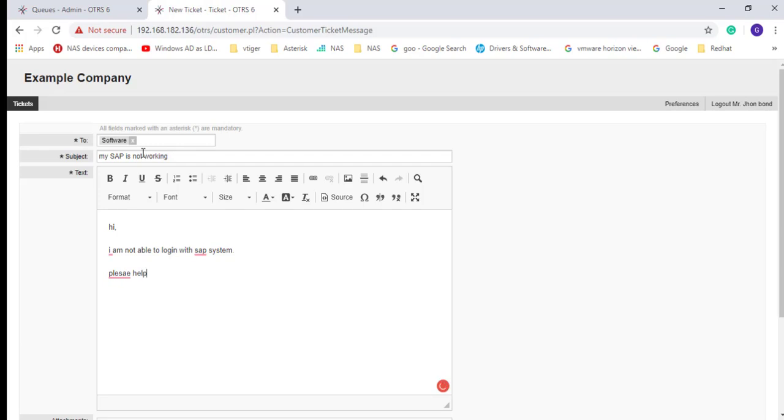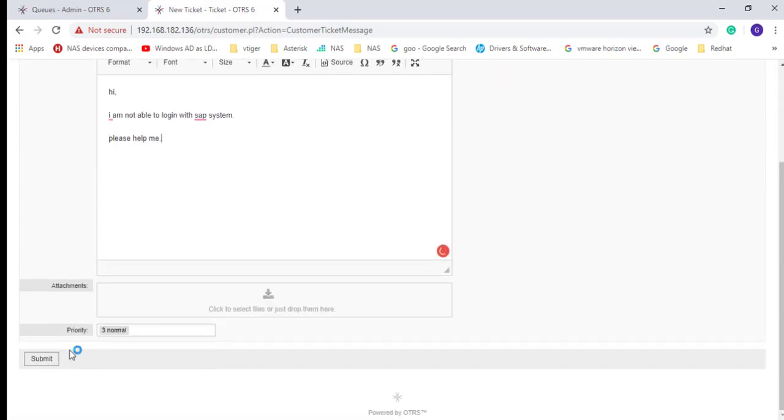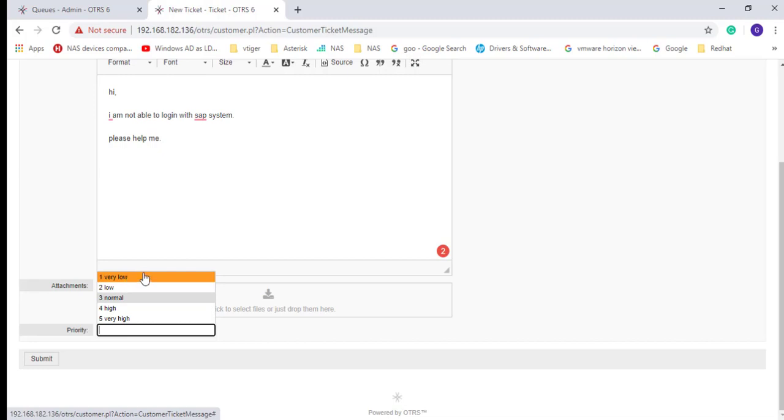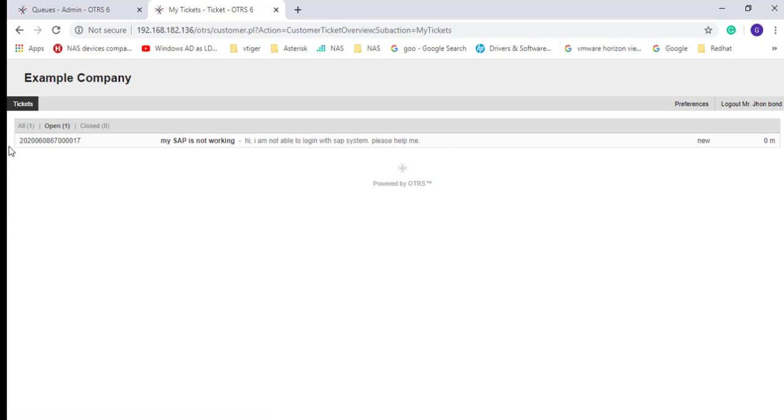Please help me. Priority is third, normal. So here we can see very low, low, normal, high, very high. So this priority is also customizable. Let's hit.